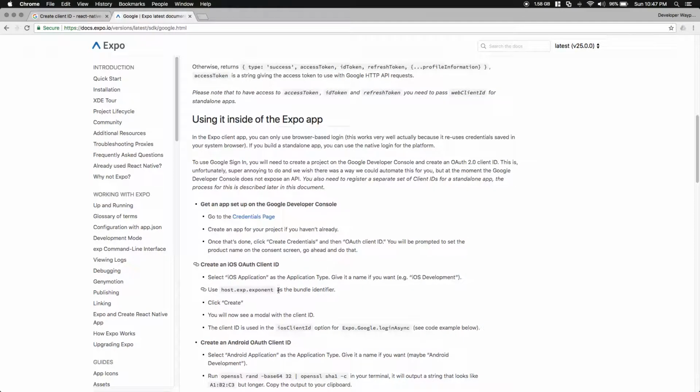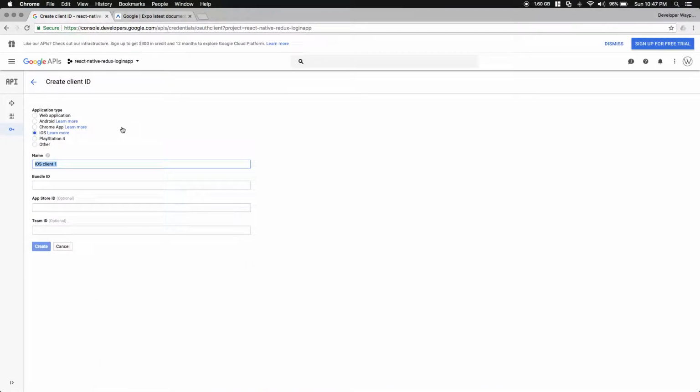Okay, and you do need to copy this host.exp.exponent as the bundle identifier. So go back here, paste in your bundle identifier as that, and you can just name your key, oops, however you want. I'm just going to name it React Redux demo key. You can create that,